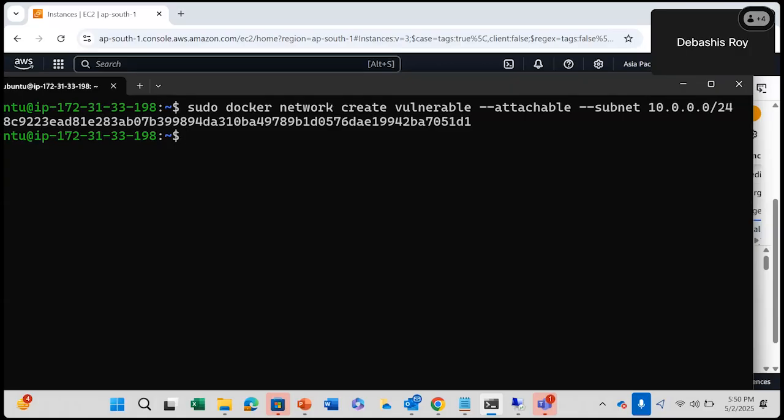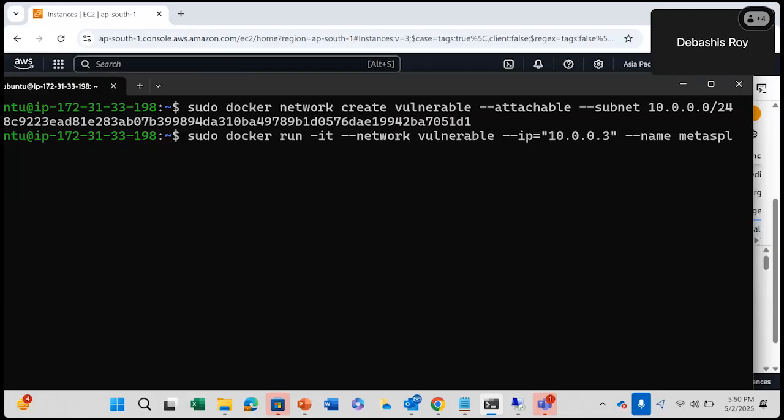Now what I want to do is create a vulnerable system. So I'm creating, suppose, sudo docker run -it. IT is interactive. We'll obviously explain these to you. The network that I've just created is called vulnerable. I've given that name, it can be anything. -IP, whatever the IP I want to specify, I can write it there. 10.0.0.3, suppose, I'm giving for the system I'm creating. -name, I'm giving the name as Metasploitable.